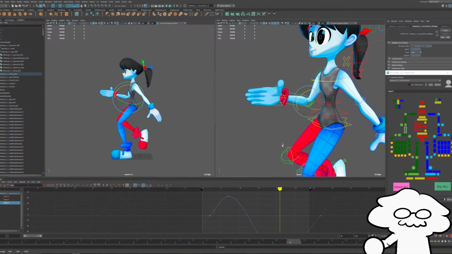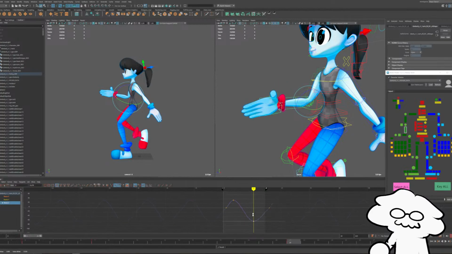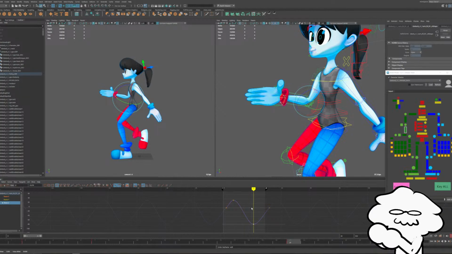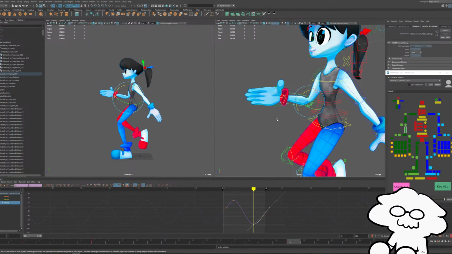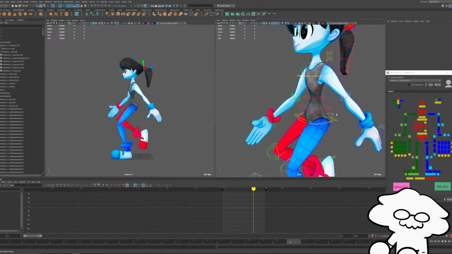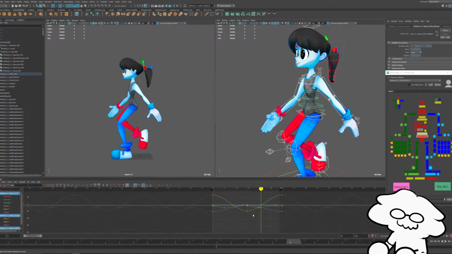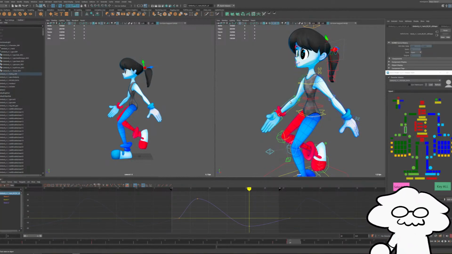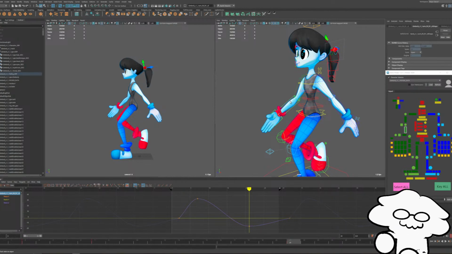I make changes to that, it affects that rotation. Once you start to get a feel for that, it's not so bad. It looks scary whenever you are looking at a bunch of different keys and a bunch of different curves, but generally if you're just affecting one curve and one controller at once, it's not that bad.